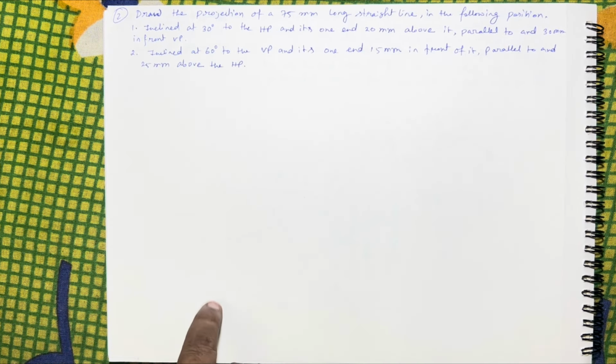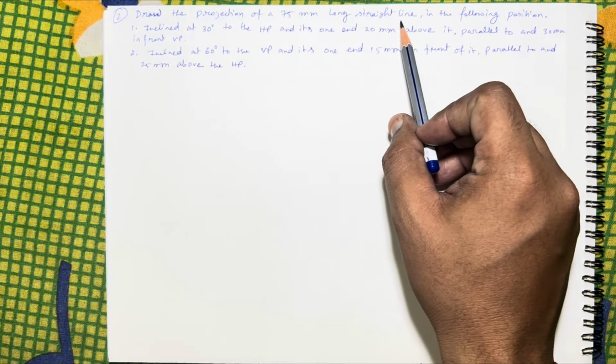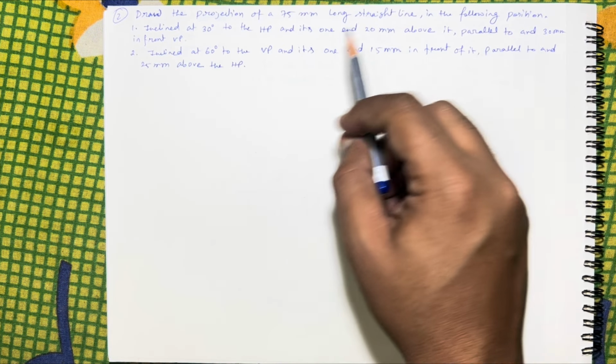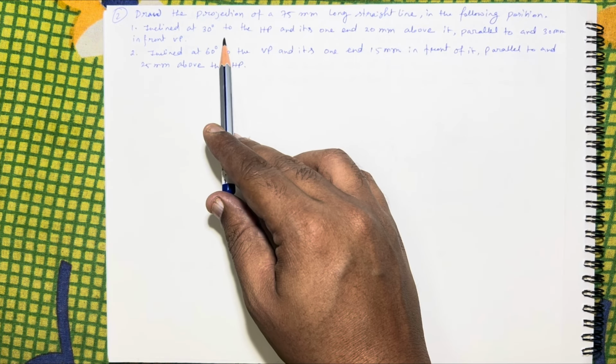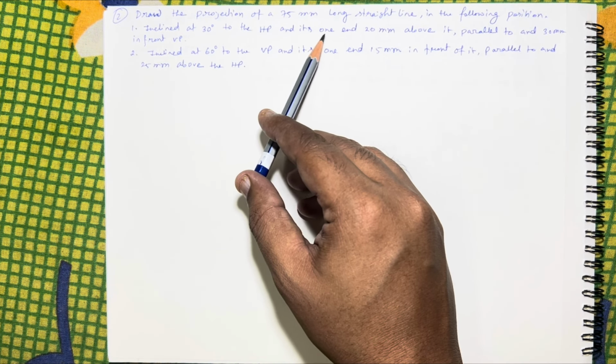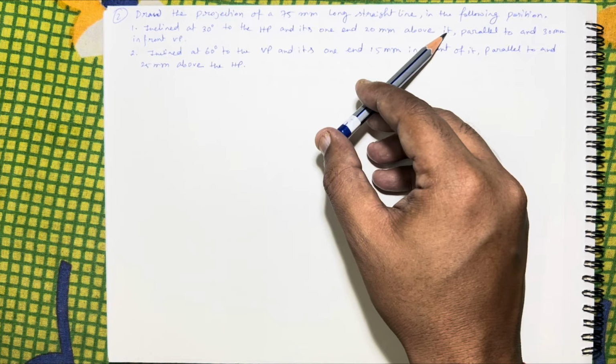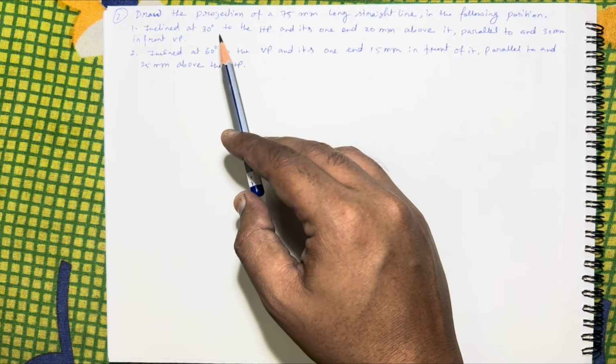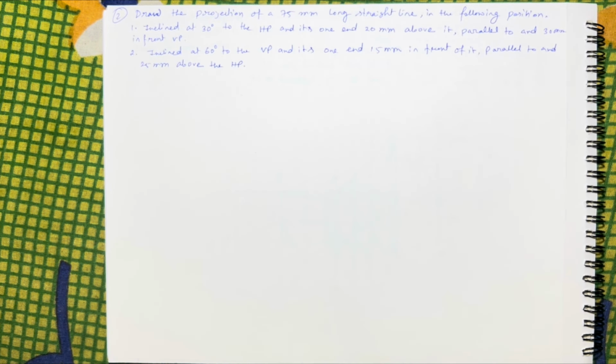So here is problem number 2. Draw the projection of a 75 long straight line in the following position, inclined at 30 degree to the HP and its one end 20 above it, parallel to and 30 in front of VP. That means,